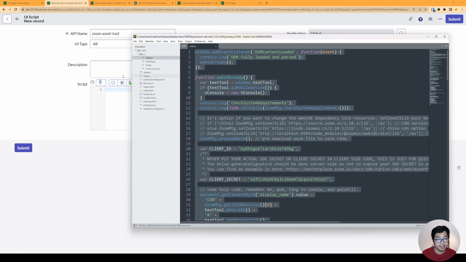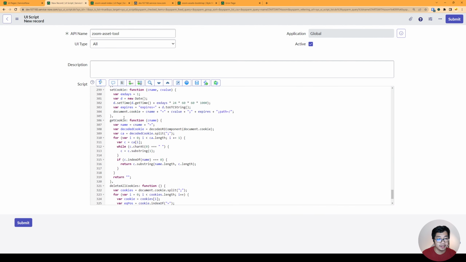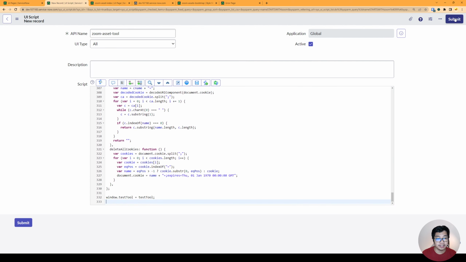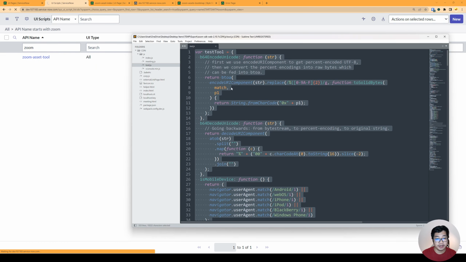And just copy and paste this. So for tool.js, copy and paste that here. I guess that's it. Zoom asset tool, submit. Let's create the